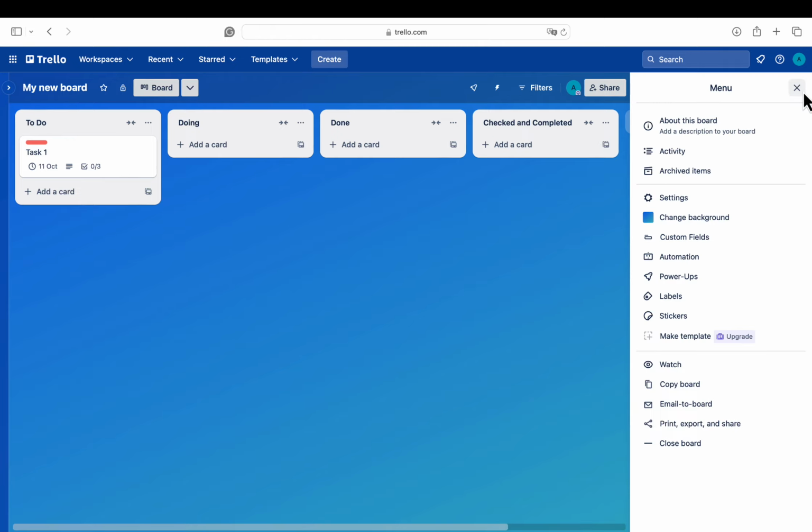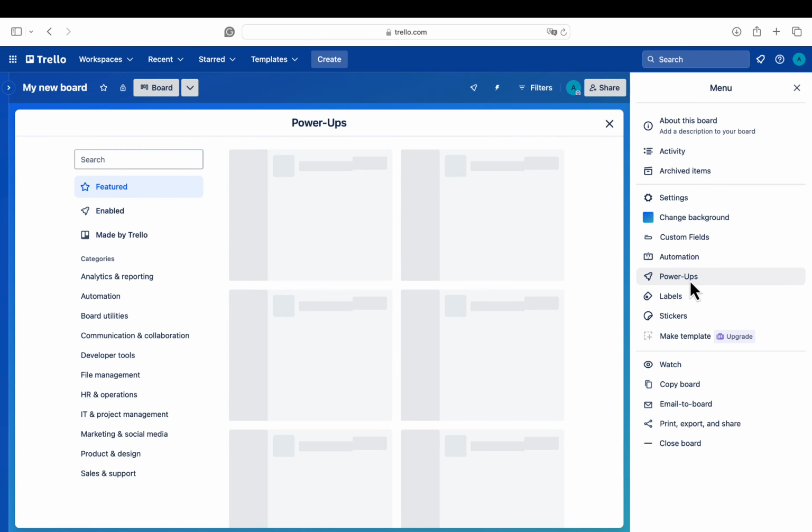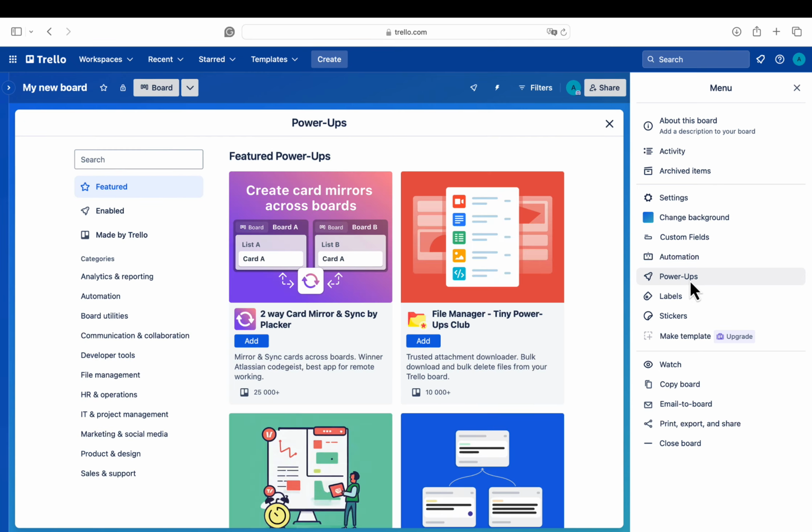Trello integrates with many other tools and apps, enhancing its functionality. These integrations are called power-ups. For example, you can add a calendar integration to view all your due dates in a calendar format. To do this, go to the Power-Ups menu, search for Calendar, and click Add.